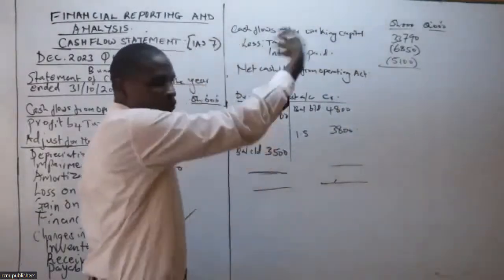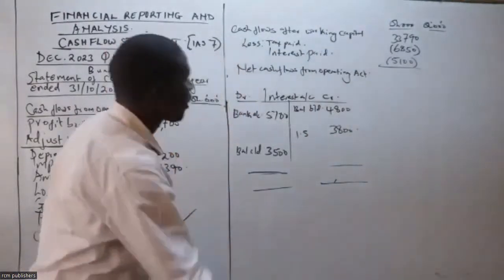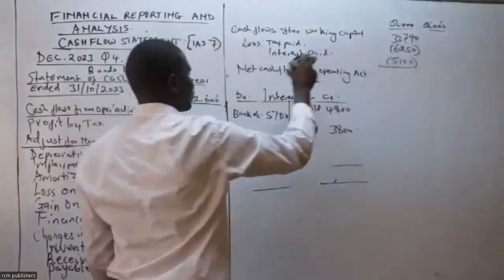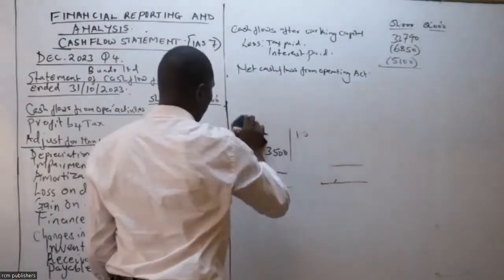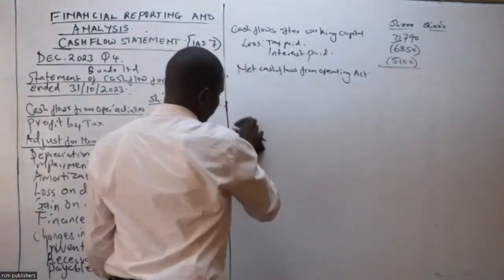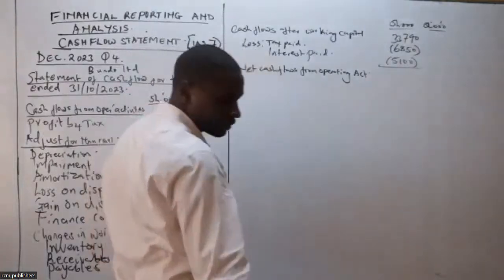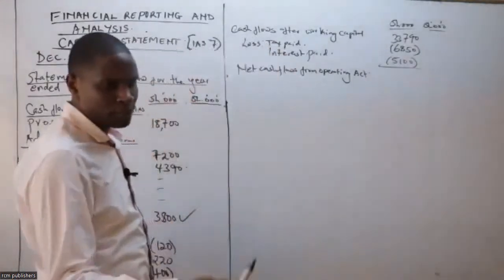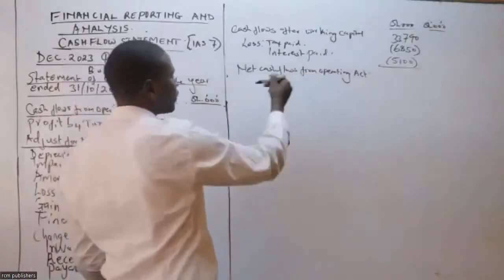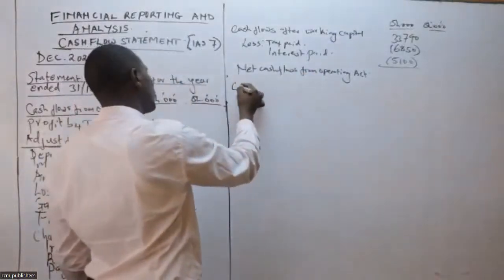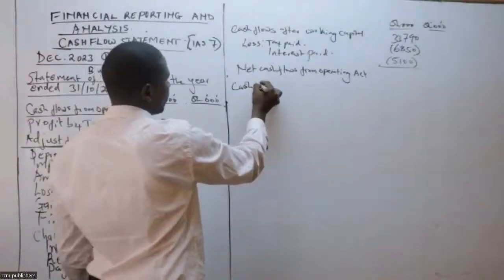So now that one you take it to the other column. Now, can you take that 3790 minus those two, so that we go to the next part of cash flow from interest paid is 5100. Yes, asante. So we shall go to the next part, which is cash flow from